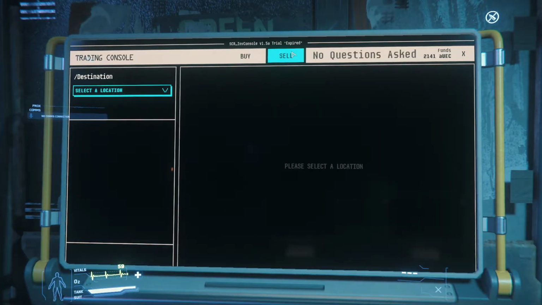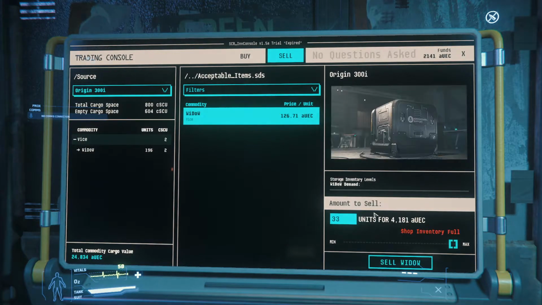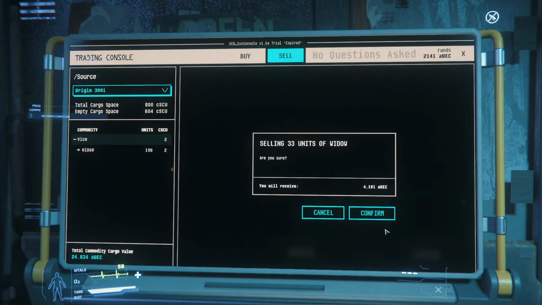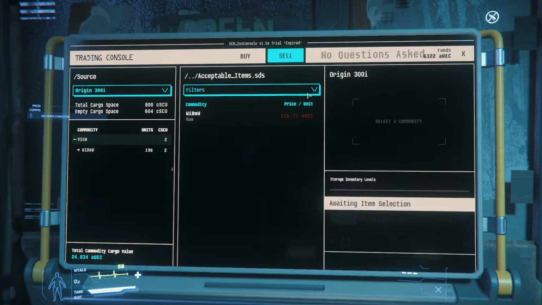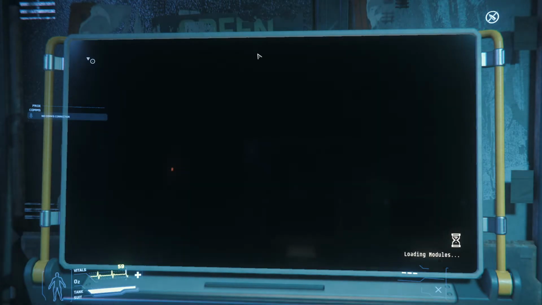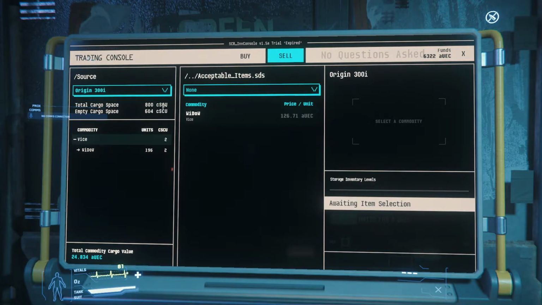Alright, let's see it. Sell. Origin 300. 126. Okay, so wow, that's actually kind of painful. So I can only sell 33 units, which gives me around 6 grand. I'm sure there's other places I can sell this stuff at, perhaps like mining facilities, but that can be kind of risky. So yeah, I have 24,000 total commodity value on me, which means I kind of undervalue my stuff, I think,